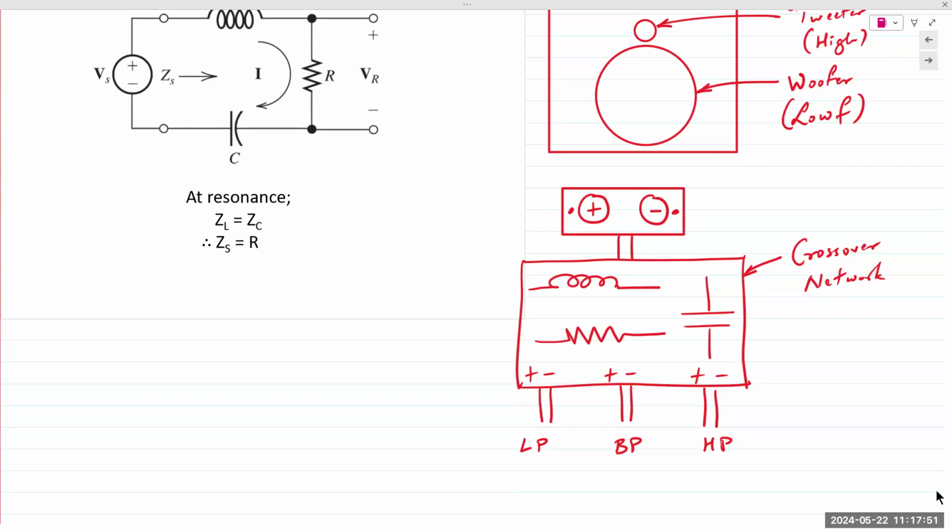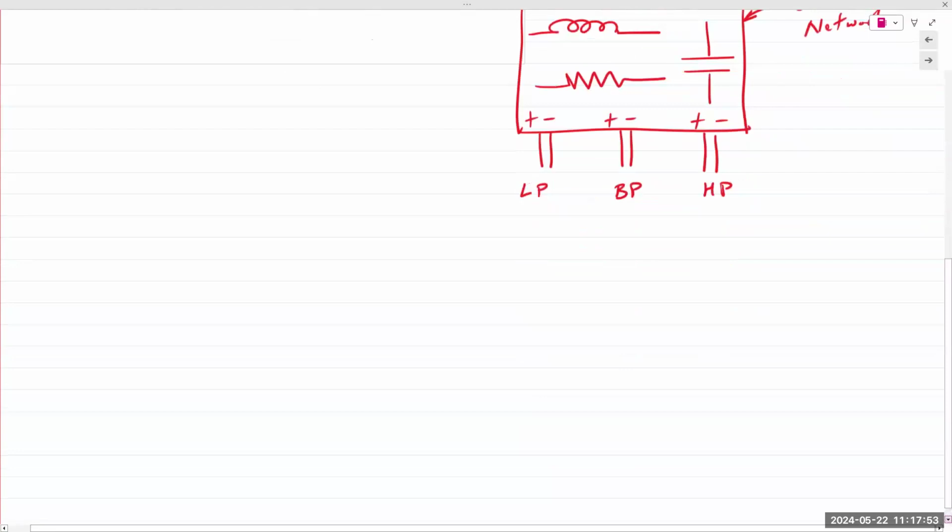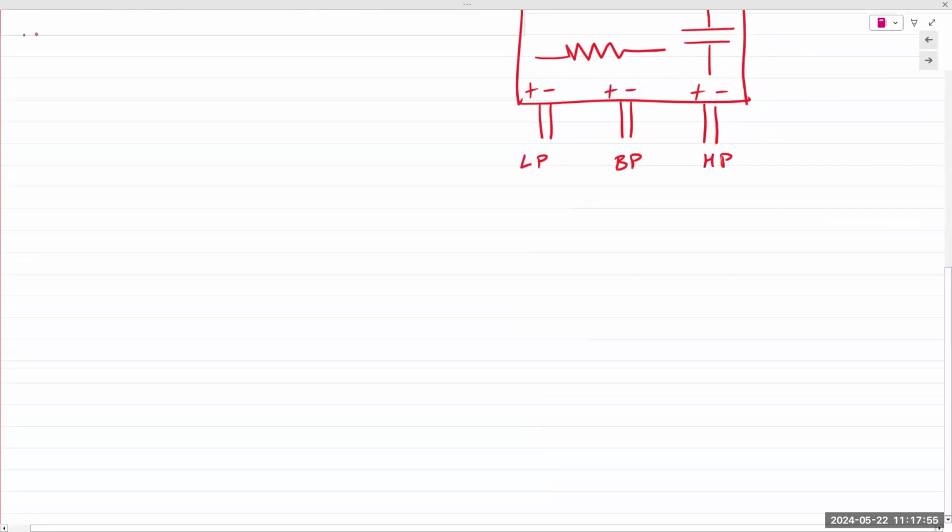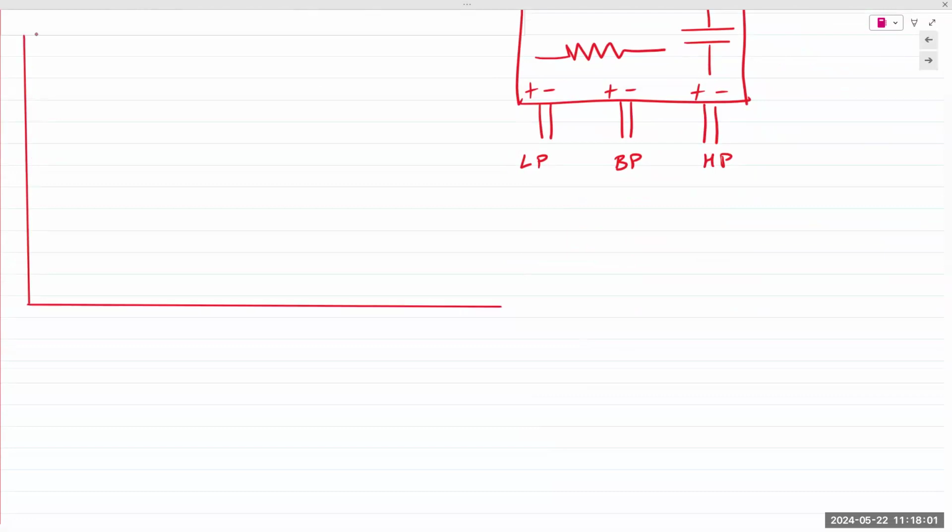So what it does is it combines both a low pass and a high pass filter in one. So let's say you have a characteristic that looks like this. Frequency versus output voltage, and you have